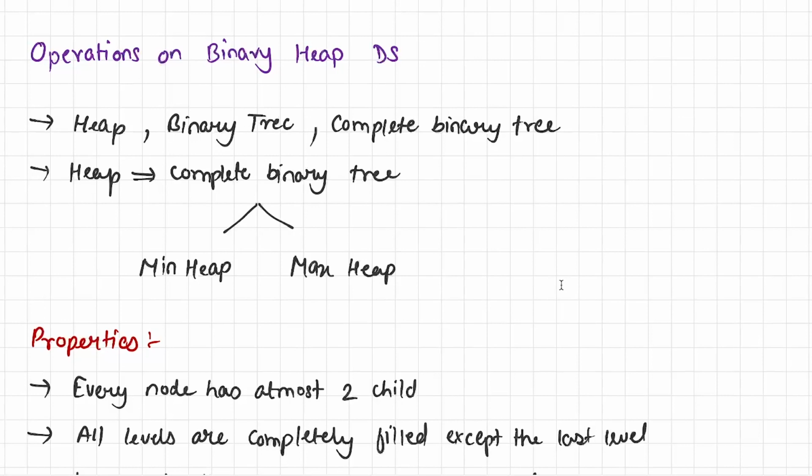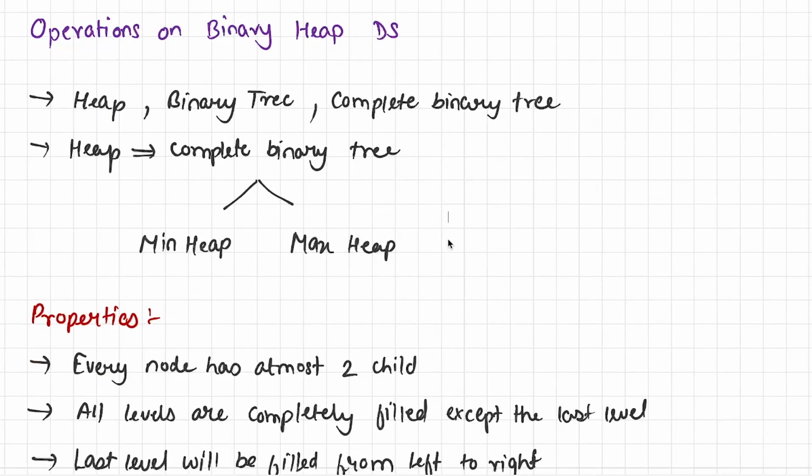Alright guys, let's begin this video. Before I talk anything about operations on binary heap data structure, let's have a quick recap of the previous video. In the previous video we learned about heap, what is a binary tree, and what is a complete binary tree. And we understood that heap is nothing but a complete binary tree. And there are two variations of it, that is min heap and max heap. In min heap, the smallest element is present at the root, and in max heap, the largest element is present